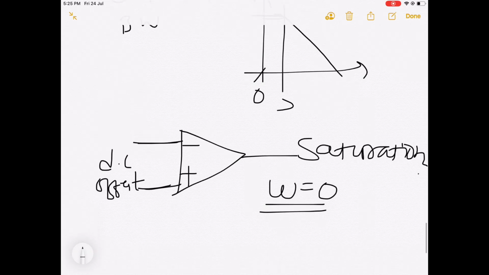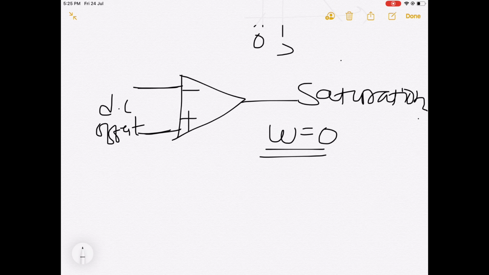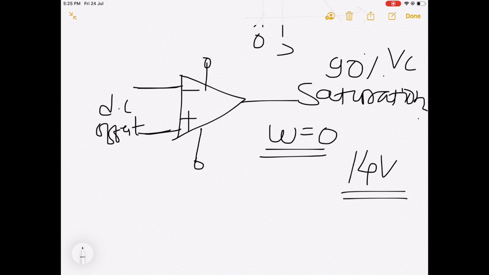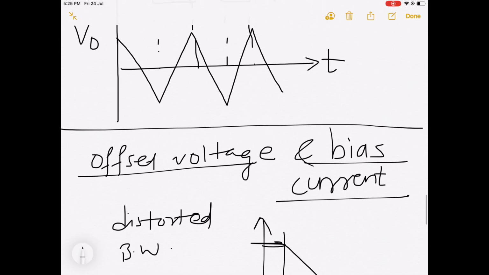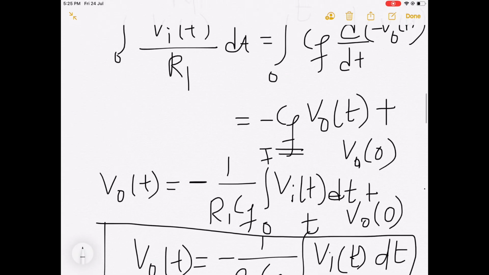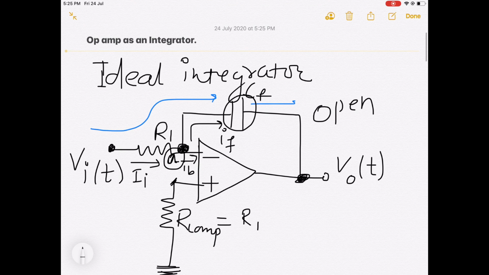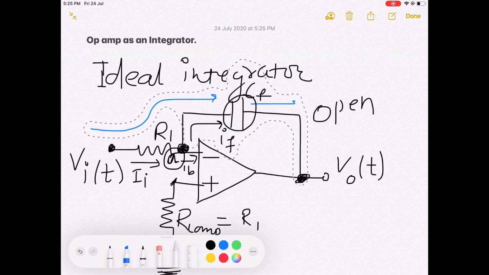Okay. Saturation voltage will always be about 90% of VCC. Means if you are applying plus 15, minus 15 VCC, your output voltage will be up to 14 volts, 13.86 something, so approximately 14 volts. Okay. So, to avoid this, a resistor is placed in parallel with the integrator capacitor. Now, here only a capacitor is used, right. So, for small frequencies we have to apply one component in parallel with this capacitor. Okay. So, in parallel when we put, it will be like this.